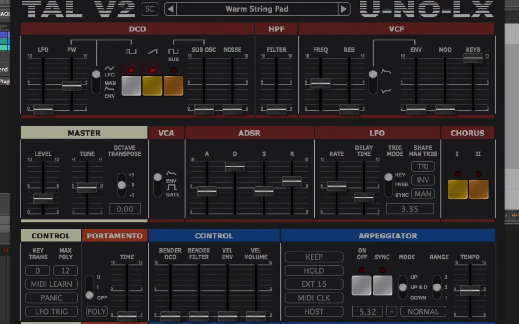So here would be an example of an analog modeled software synthesizer, Tal's version of the Juno. And with this instrument, part of what makes this sound its sound is the chorus. And you had two different modes that you could turn on or off, or you could even have both of them in combination. And so when we load up a preset like Warm Pad,